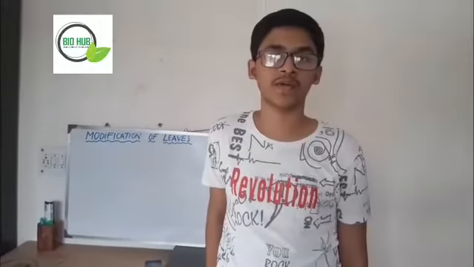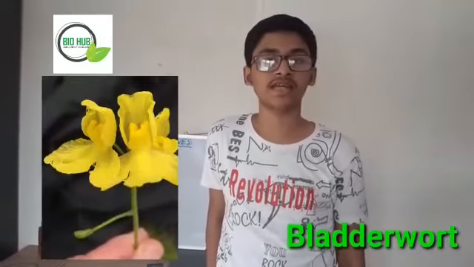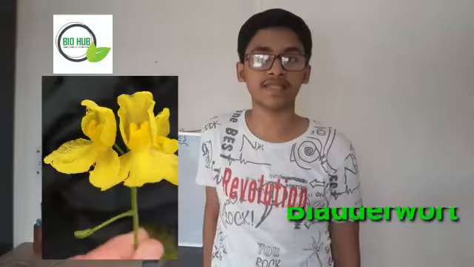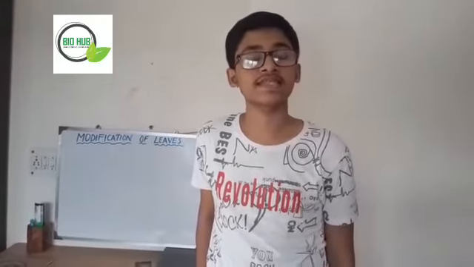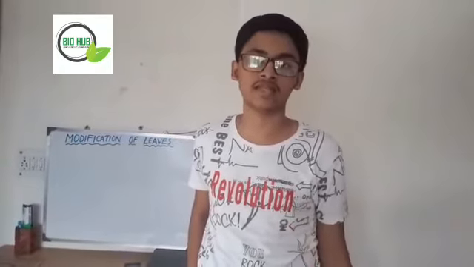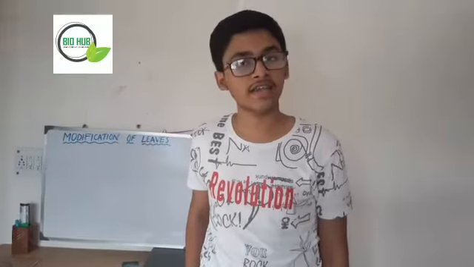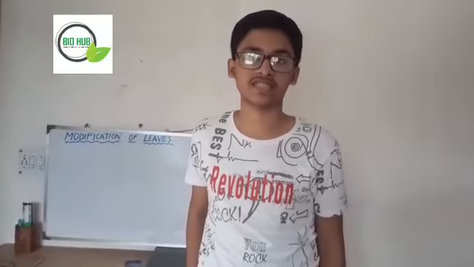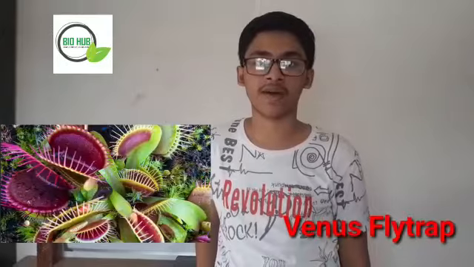We come to bladderwort. In a bladderwort plant, the leaves are highly segmented, and some segments are modified into a trapping device. Now when an insect gets inside the trapping device, it cannot exit. It has an entrance but no exit, and then the juices are released by the plant and the insect is digested.